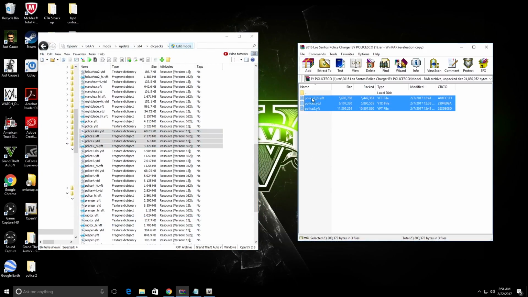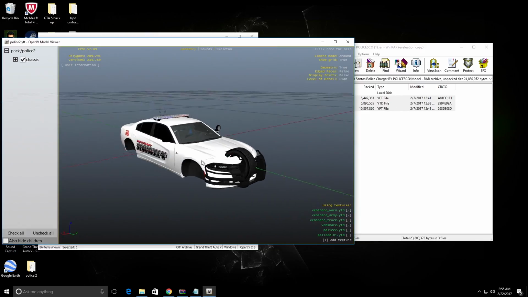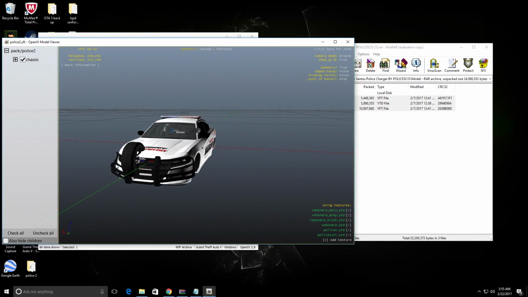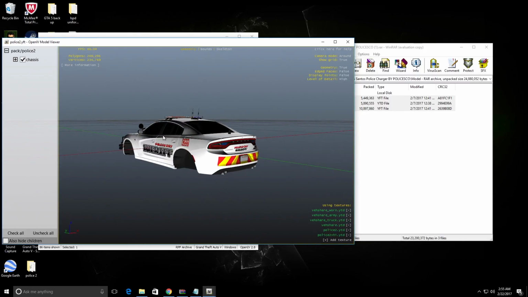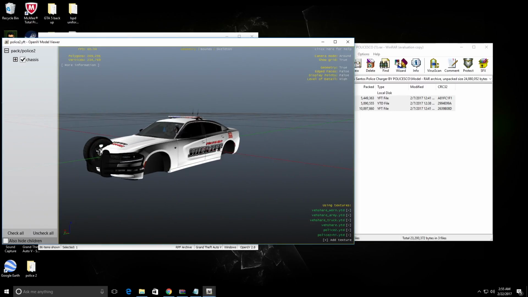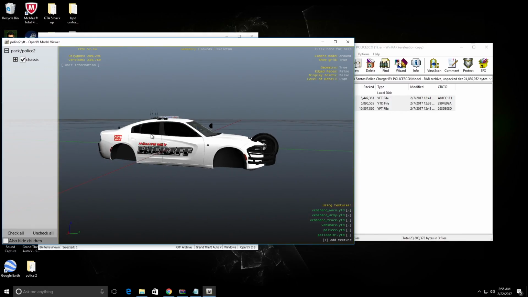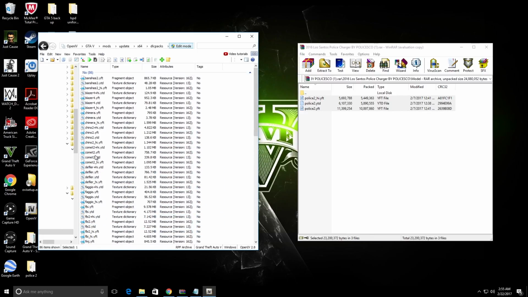So what you do is you take these and you drag and drop, and now we'll open it up and look at that. We have the Polizisco Charger in here. So that's how I install my vehicles in general. This is an ELS vehicle. I'll show you guys how to install the ELS, but all of my police vehicles that you guys see me use in videos, 95% of the time I install them in the latest update, just because it's easier to do it,